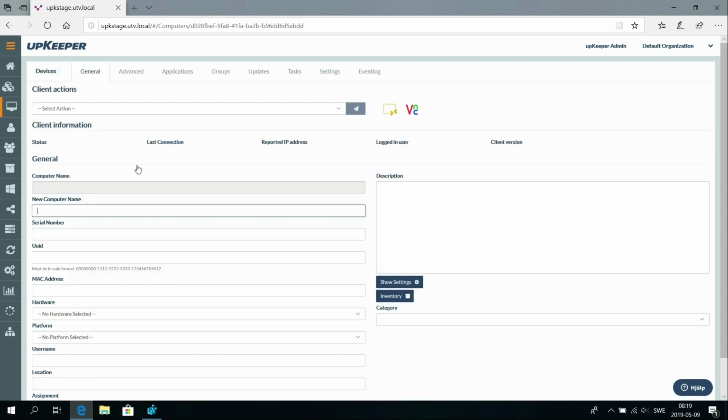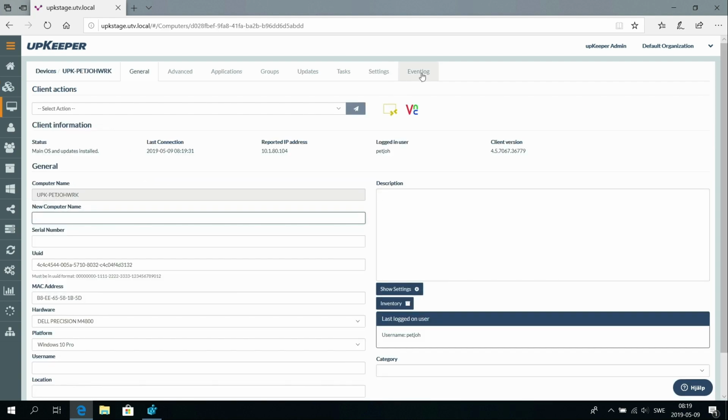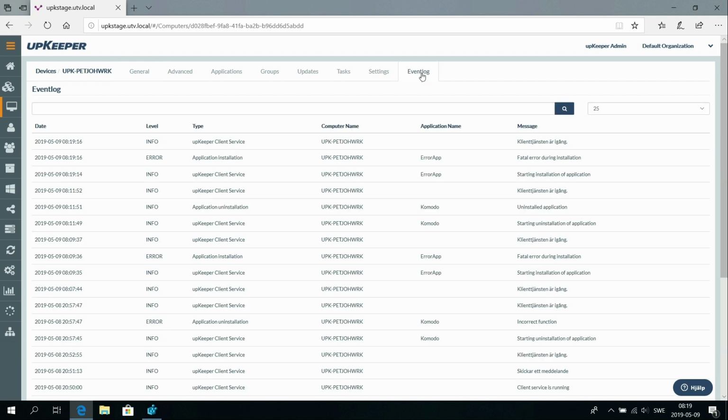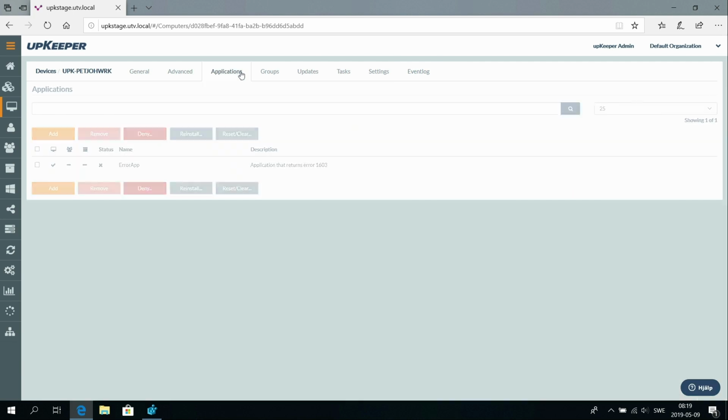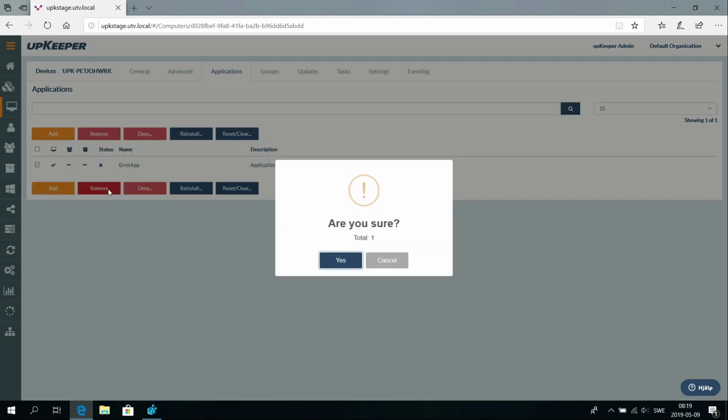Let's go into the computer and check the event log, and on the event log we can see that it has interpreted for us to the fatal error during installation message. So from that error code to a more readable message. So that's a feature we have added in this new 4.5 version. Let's remove the error application